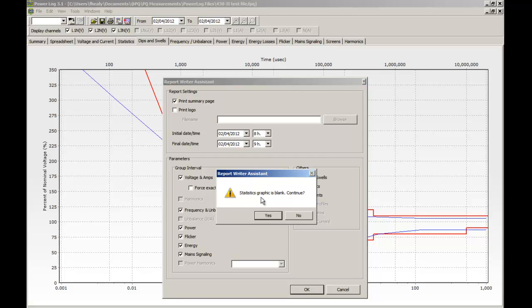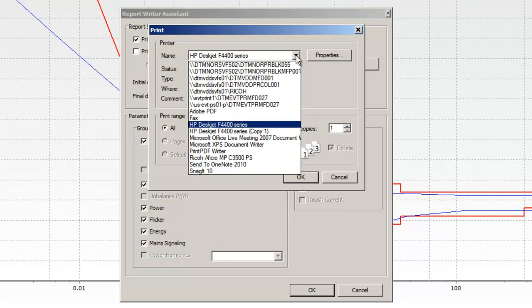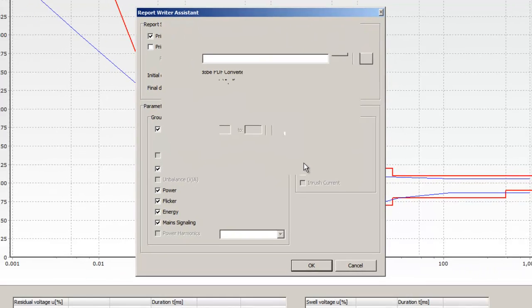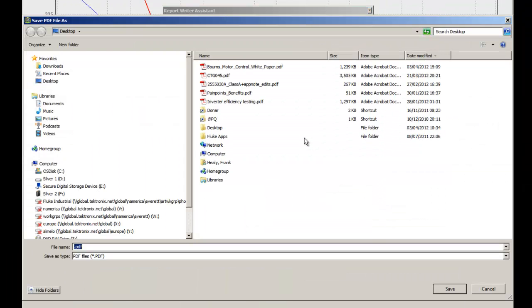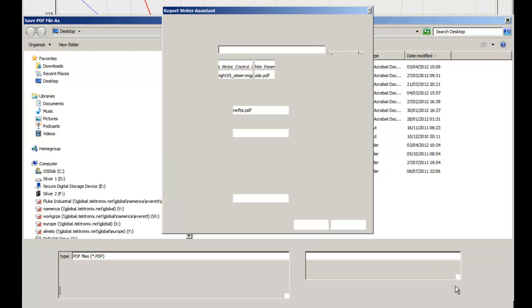It's given a warning message here about our graphic is blank. That's fine, we don't want to show that right now. So we'll say yes. Here we can choose a printer that we want to print the files to. And in this case we'll choose a PDF file, which will be something that we could create the report as a PDF. Here we have to give this a title, so we'll give it the same title, 432 test report, now saved as a PDF, so it's not going to overwrite the information that we had previously. We save that,